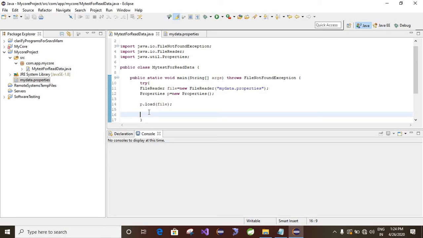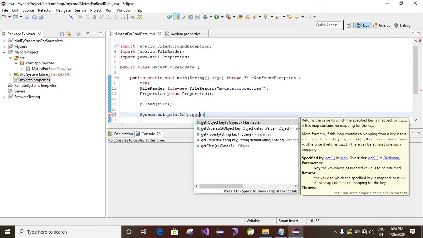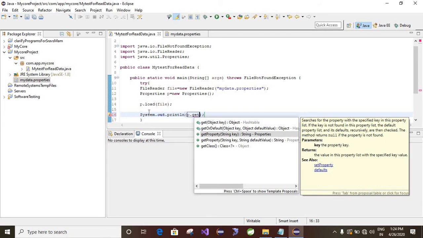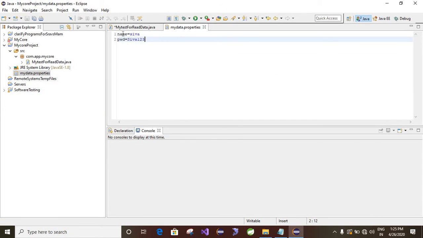System.out.println. The reference is p.getProperty. By using getProperty, here name is the key and the value is Siva.